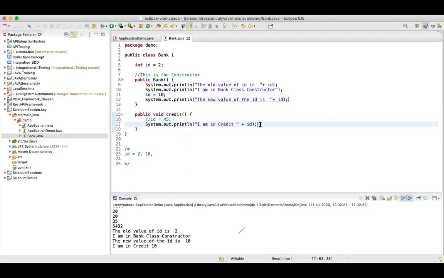It will not always pick the ID from the constructor, guys. Make a note. If I update this value over here, now what will be printed in this line? 2, 10 or 45?